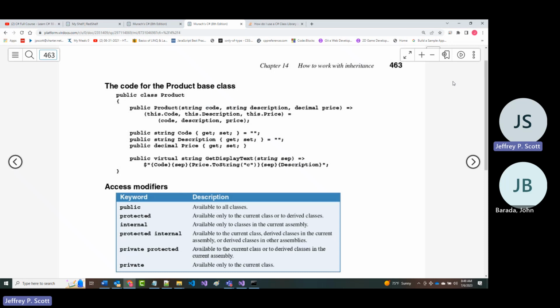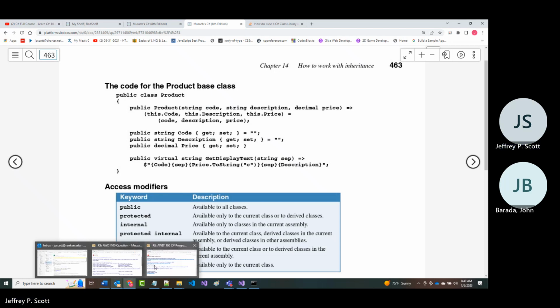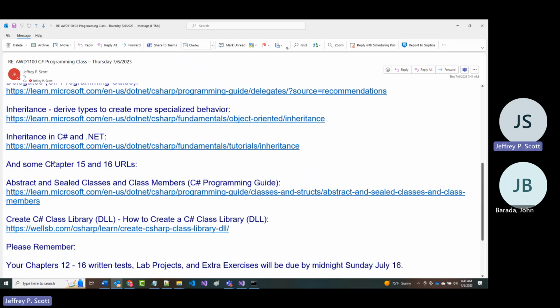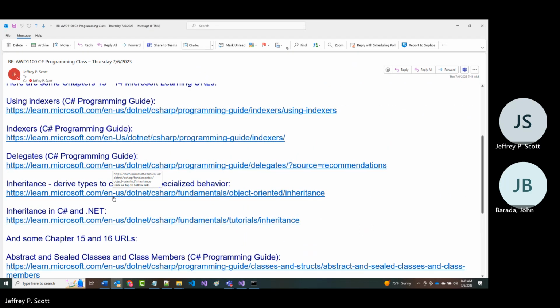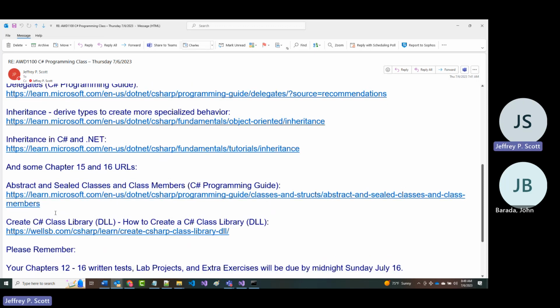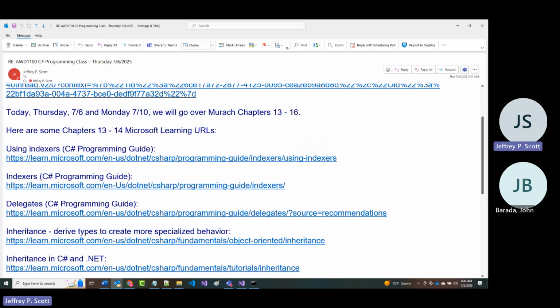All right. You can have protected internal, which as it says is available to the current class, derived classes of the current assembly, or derived classes in other assemblies. So if I had other projects that worked with something, it gets to be a little bit confusing. And that's why one of the things that I provided for you today, where I gave you a bunch of these different URLs, all right, one of the ones that I gave you, and I think I did at least,